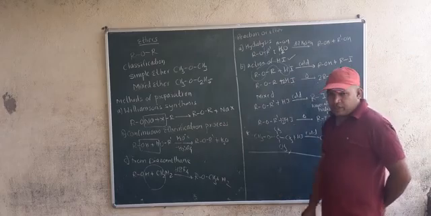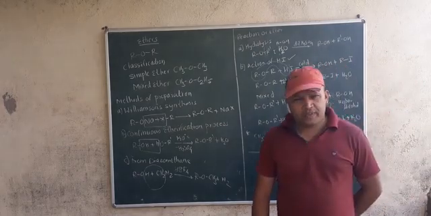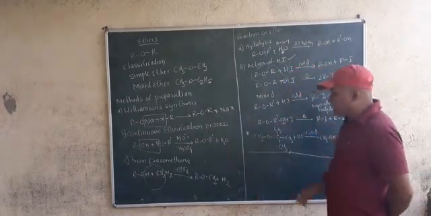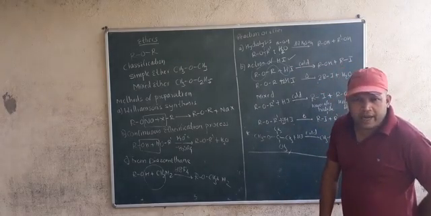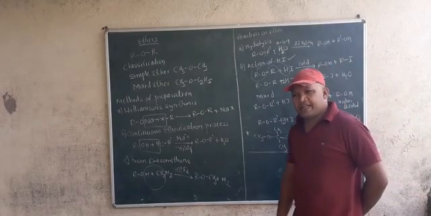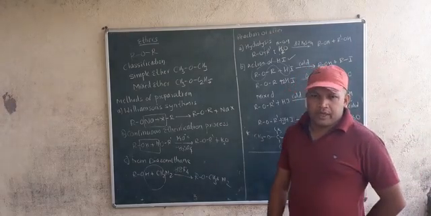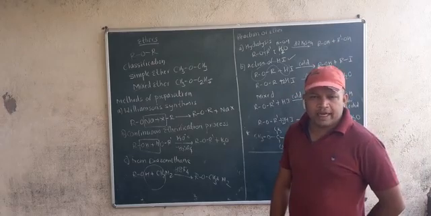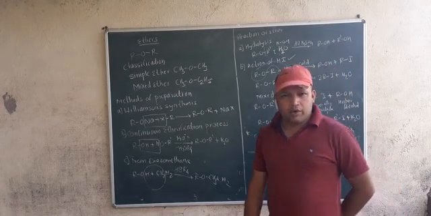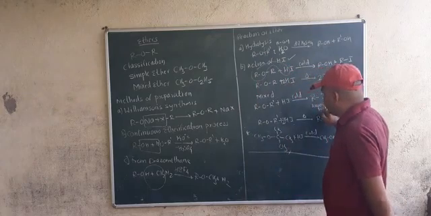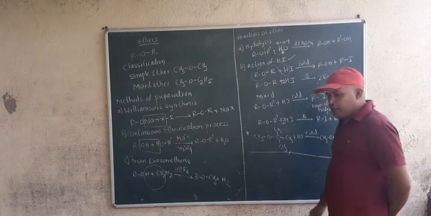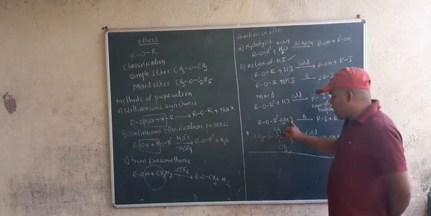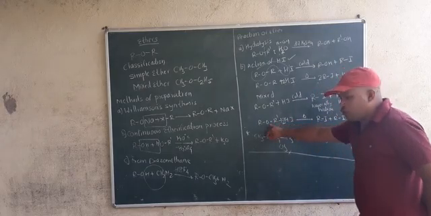Now in case of mixed ether, when both R groups are different, in cold condition, you will get the lower alkyl halide and the higher alcohol. Means if one side it is CH3 and one side it is C2H5, CH3 is lower, so you will get the lower alkyl halide, CH3I, and the higher alcohol, C2H5OH. But in case of hot condition, as you know, you will get both alkyl halides, RI plus RI plus H2O.